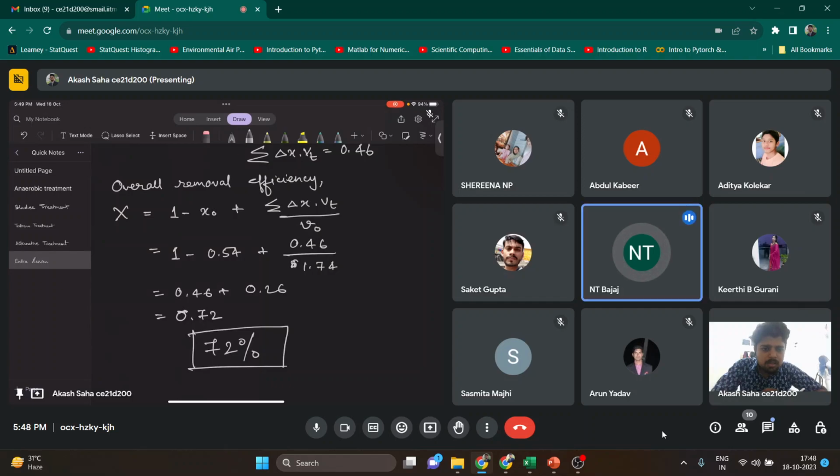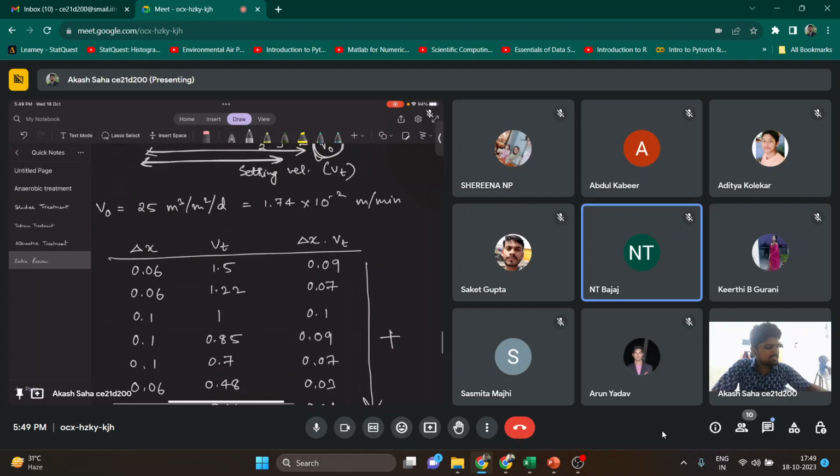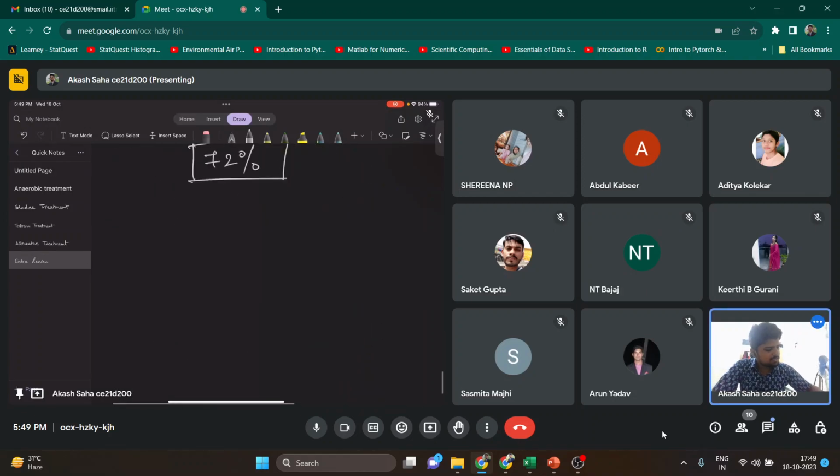Did you understand the problem? Yes, sir. But we distribute the area, and 0.1 and 0.06 is the width of the small rectangular shapes. How can this be found, sir? Okay, you are asking why did we take it as 0.06 and 0.1? Are you asking this? Yes, sir. Okay, so the major idea behind this is, suppose